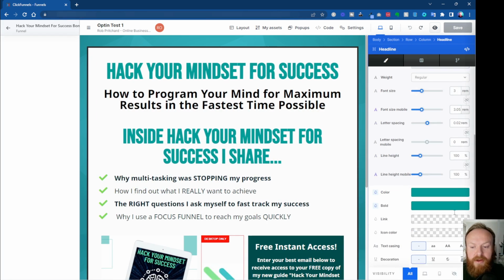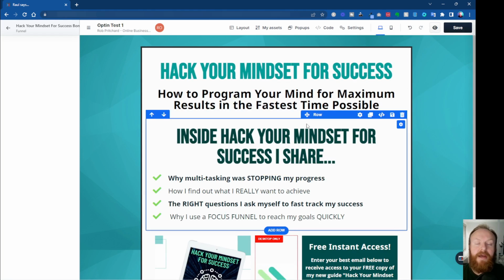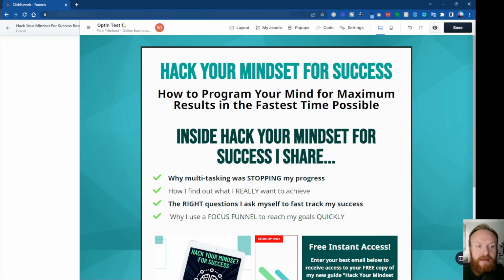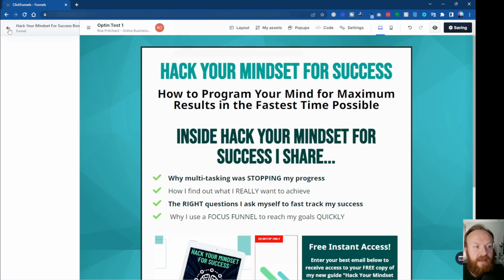I could do that. I could come in and make that, say, darker, just to see how that performs. And again, I've got another split test. You come back, try it over again, and that's it. So if we go back to the funnel overview,